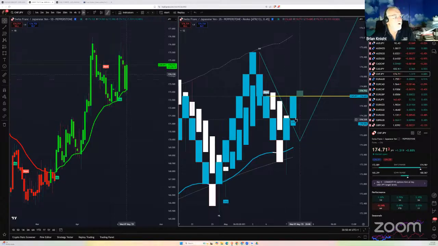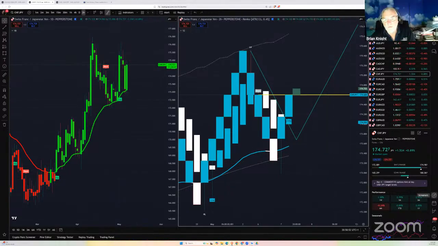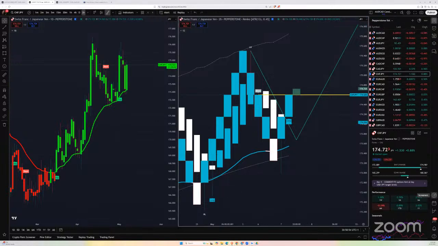So now is when I would get in, but it would be good to have a blue Heiken-Ashi with it as well. Right. I'm not in it yet. No. Well, I've been in it. But it is a good time to be looking at the buys.